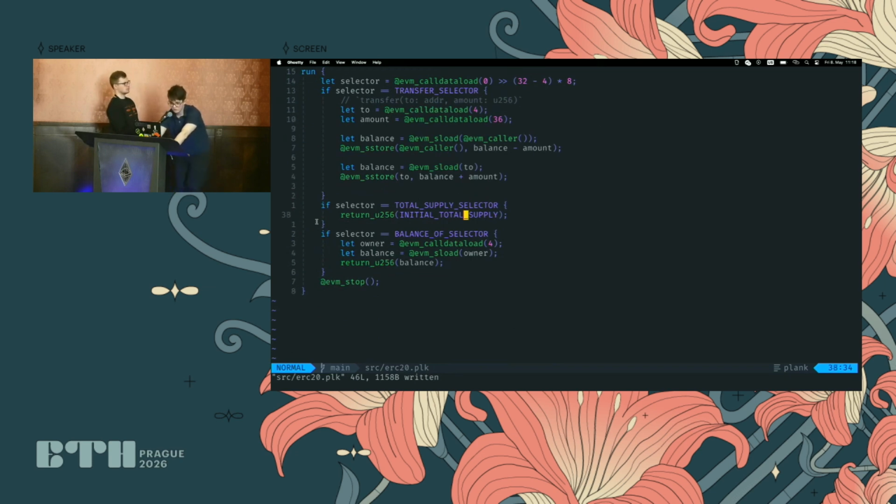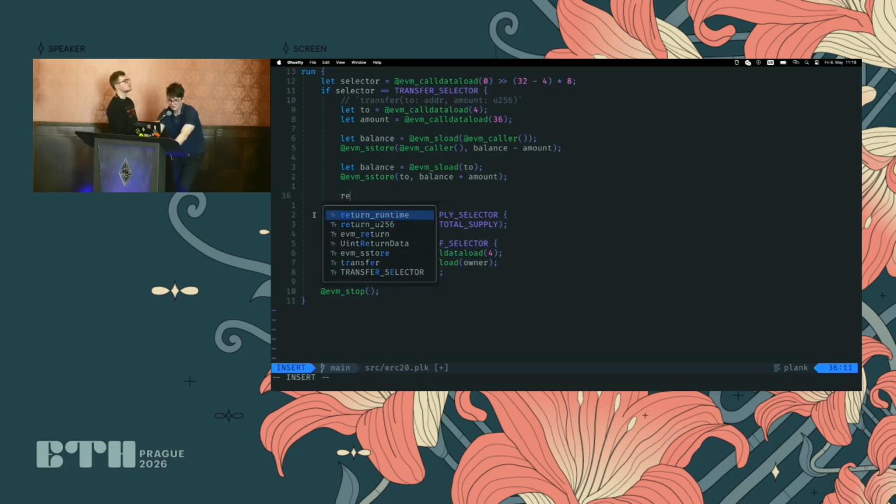So we want to be compliant with the standard. The ERC20 standard wants us to return true on successful transfers. So unless this subtraction reverts because you don't have enough balance, we want to return true, which is basically always. So what we can do is we can either know that a Boolean true becomes 1, and we just use return U256 1, but this is not exactly type safe, right? This is a bit ugly, right? Like, why are we returning with a U256?